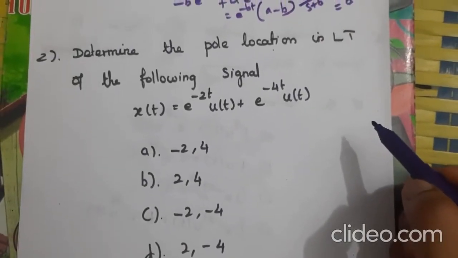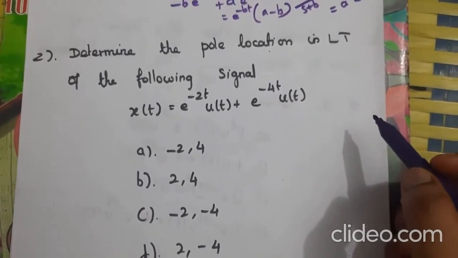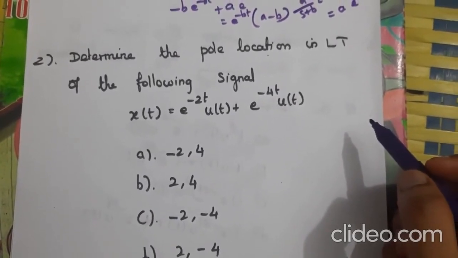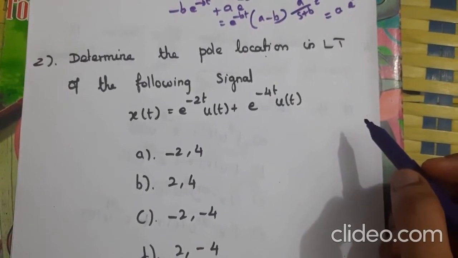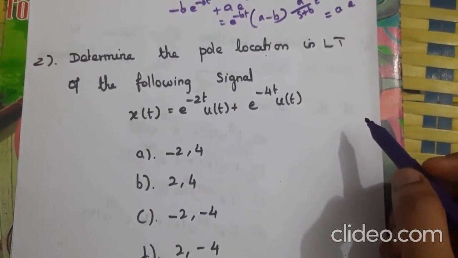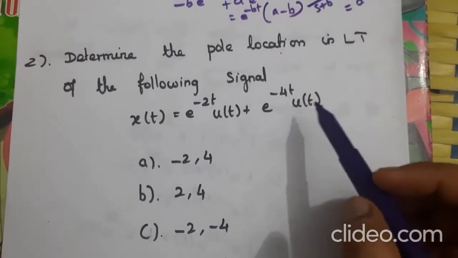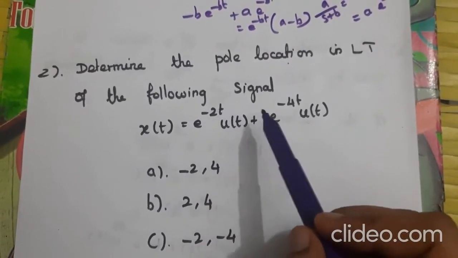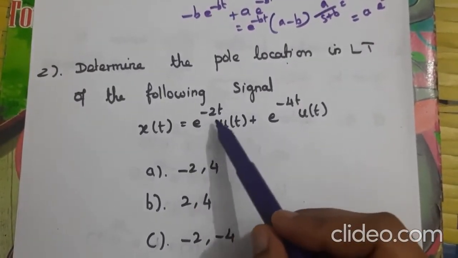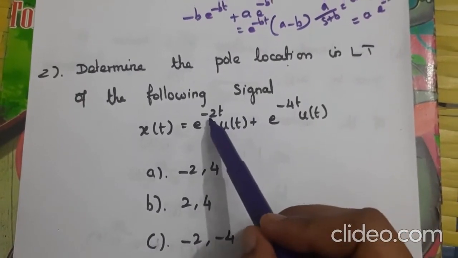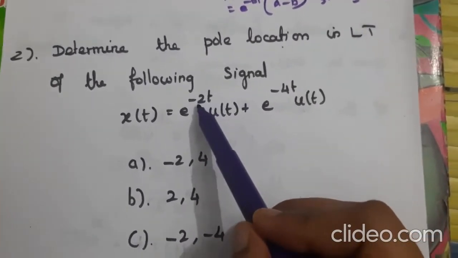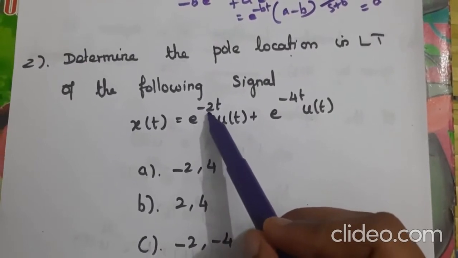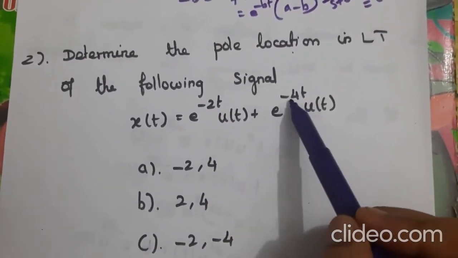And second question, determine the pole location in Laplace transform of the following signal. x of t is equal to e power minus 2t into u of t plus e power minus 4t into u of t. And you can directly take the pole location from the exponent. That is, in this case minus 2 is the pole location, and in this case minus 4 is the pole location,